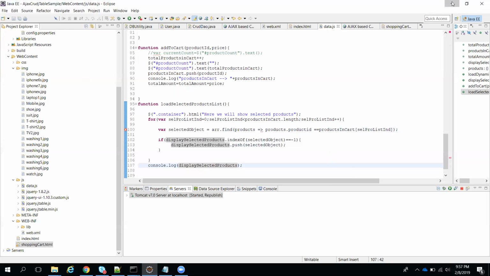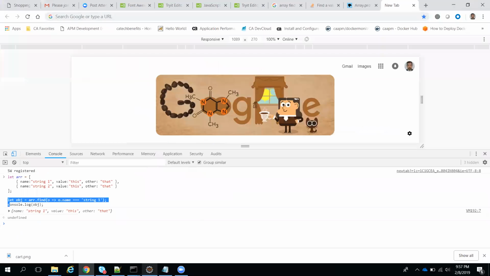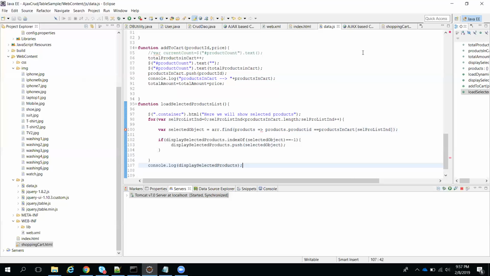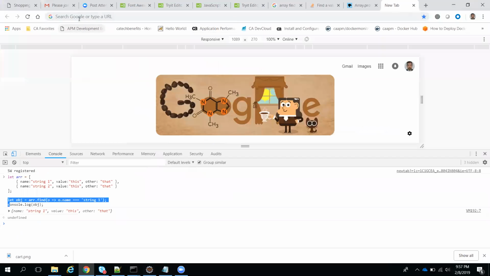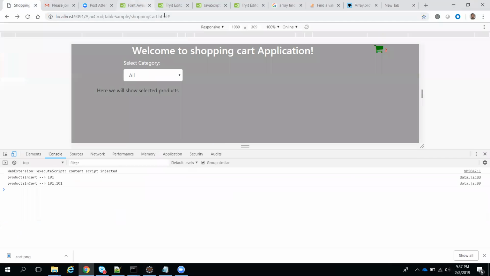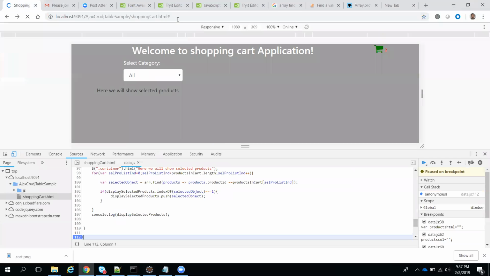Okay, now I will refresh. It is republishing, right? Find is very useful in our array functionality. Even in TypeScript and all, we'll use the find functionality many times. Okay, I will just refresh this.